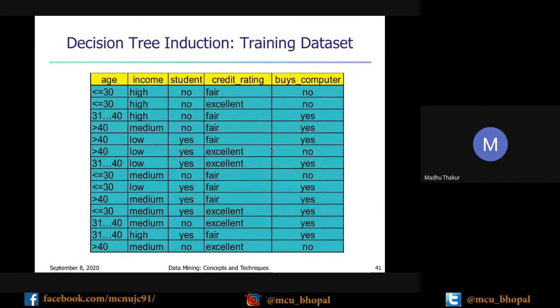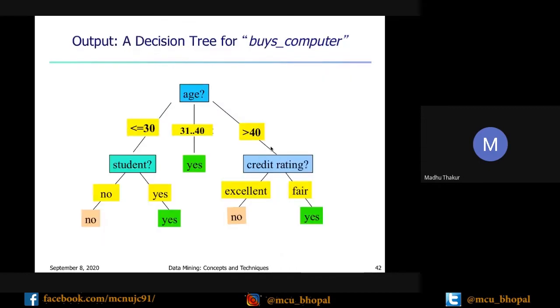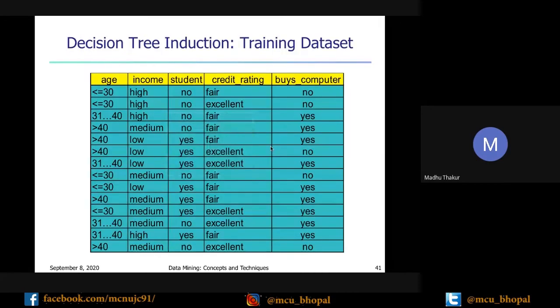So how does the decision tree train on your data? A decision tree gives you some rules. For this, we can use an example with age, income, student, credit rating, and buys computer. There are 5 features in the data. So which feature can we choose to be the root node of your tree?